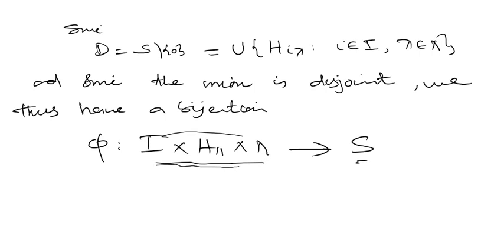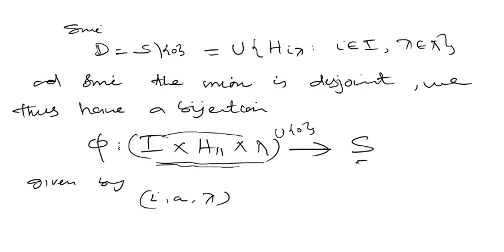This map will be 1-1 onto, that's there because of the previous discussion. It's a bijective map, this map that we are going to define. It's defined from I cross H11 cross Lambda union 0, because this does not contain the 0 element, to S, and S contains 0. We define this bijection, which is given by this phi. Phi maps the element (i, a, lambda) onto, not I, it's Ri a, then here, as in the previous, Q lambda. Okay, this element is in S,